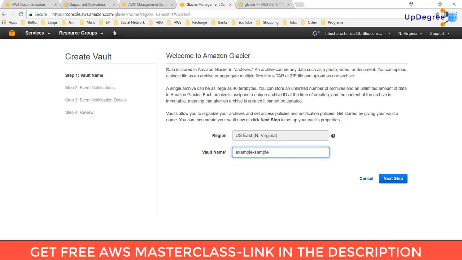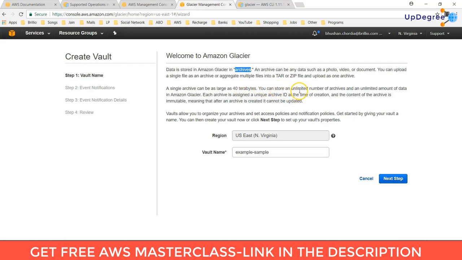So what it shows, data is stored in Amazon Glacier in archives. An archive can be any data such as photo, video or document. You can upload a single file as an archive or aggregate multiple files into a tar or zip file and upload one archive. A single archive can be as large as 40 terabytes.